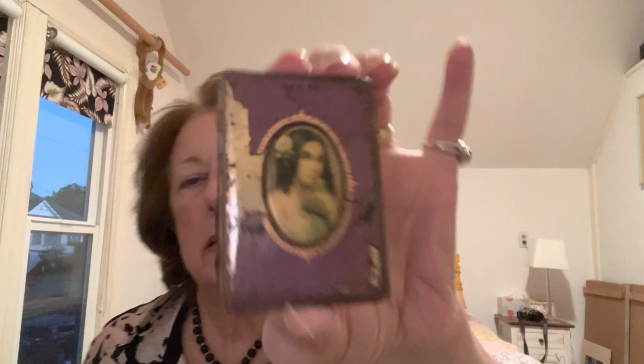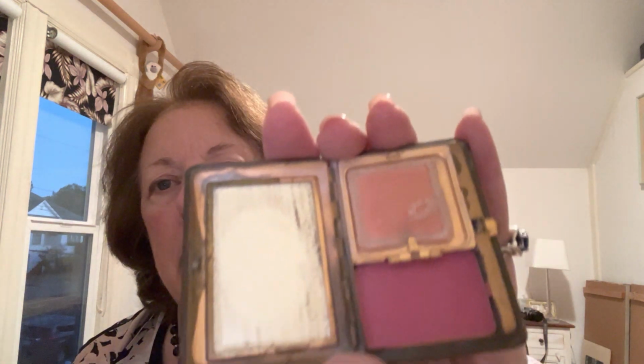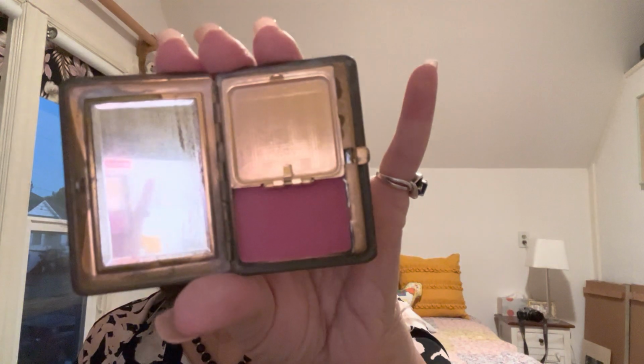This one looks like it's about 100 years old. It does have condition issues. Remember, this has got some age to it, and the ladies actually used these products. So you're not going to get anybody keeping them in mint condition. This one has an excellent mirror for its age, a beautiful bevel here, and then it's got this little, oh, this is so cute. Cute little puff. Look at that little puff. And then it's got 2 compartments. So this one would, it says,